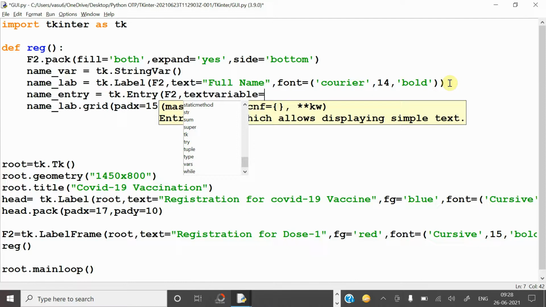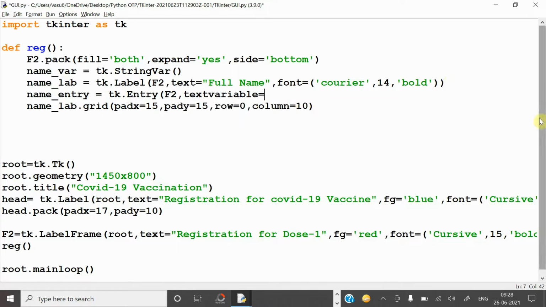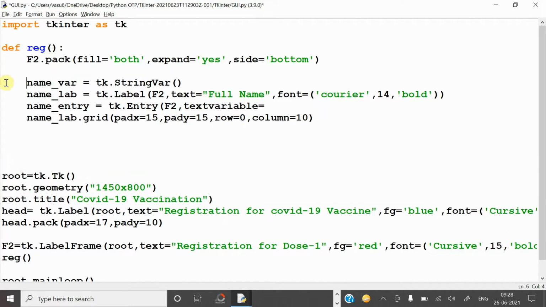Text variable equal to means after user enters the data in the text box, in which variable it should be stored. So here I have created one variable. What is the variable name? name_var. So that should be kept. In this variable data should be stored, and for the data whatever you are entering, if you want to give any font size and font style, you can keep it here.